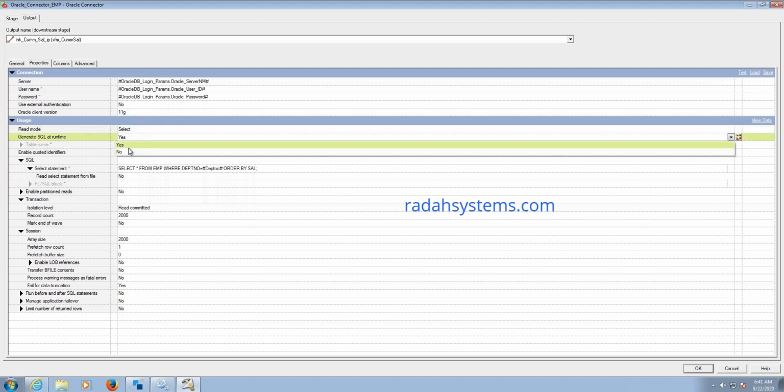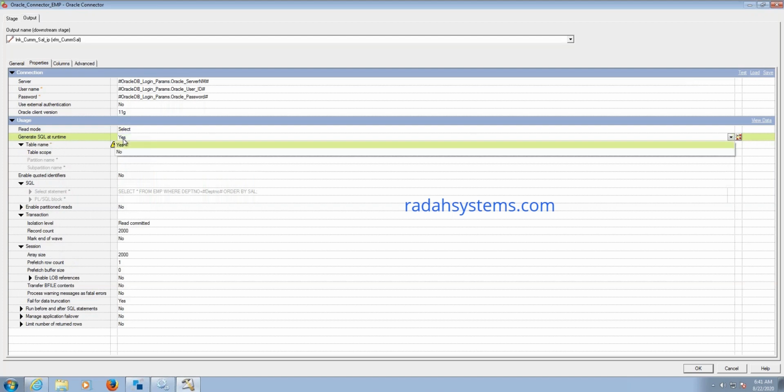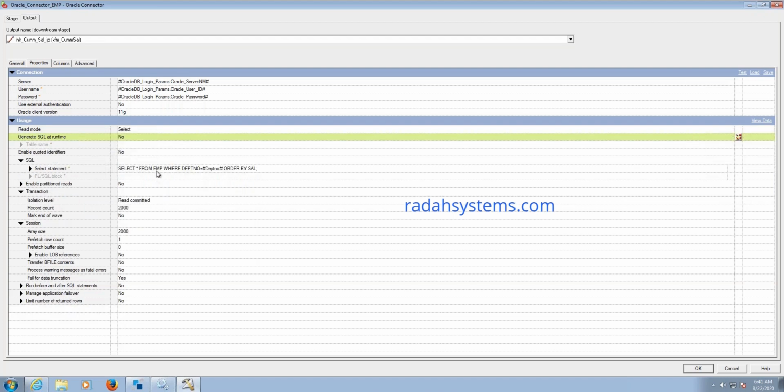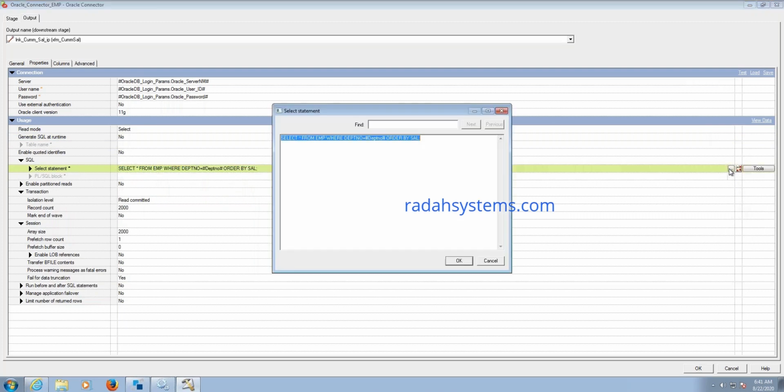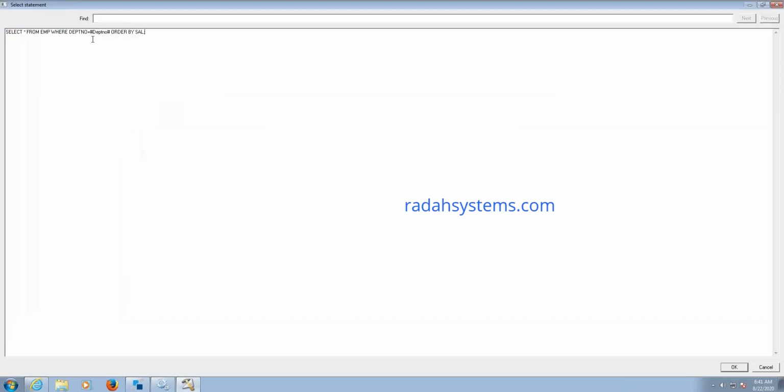What I gave was select star from table name, and in the where clause I chose department number equals the parameter which I called. The runtime parameter is defined as hash, then the runtime parameter name, DEPT number, and ends with hash.